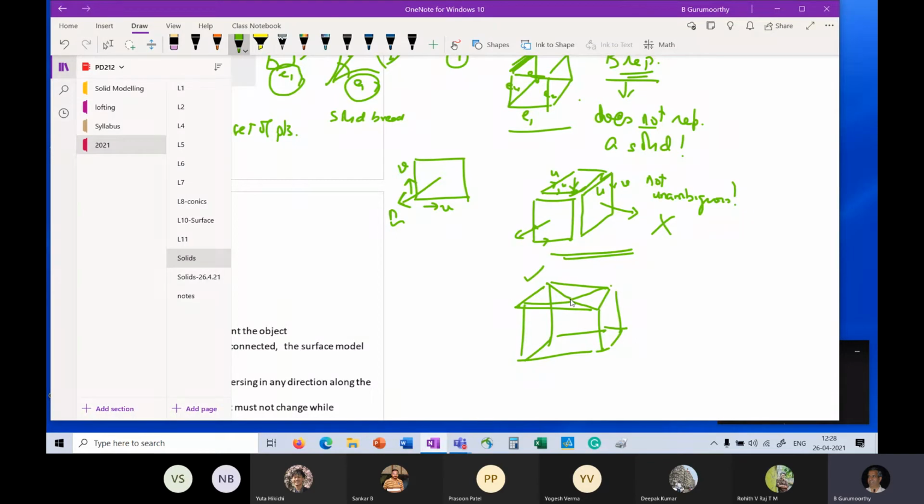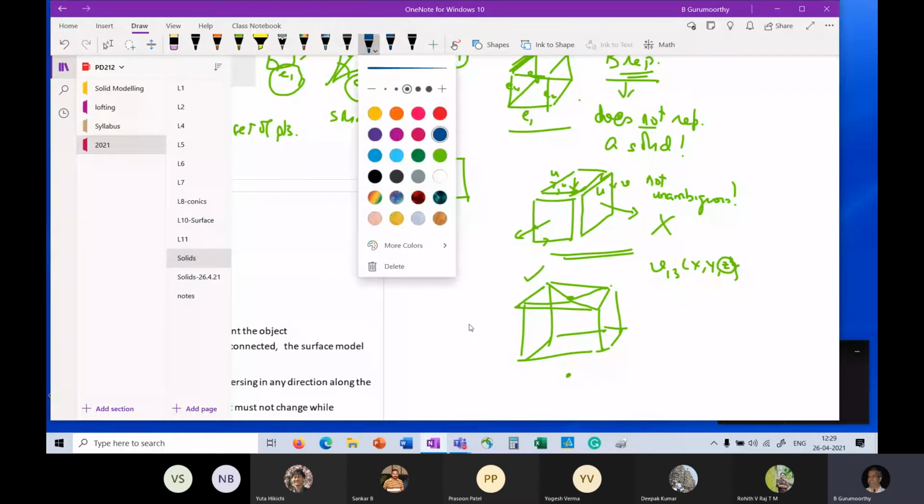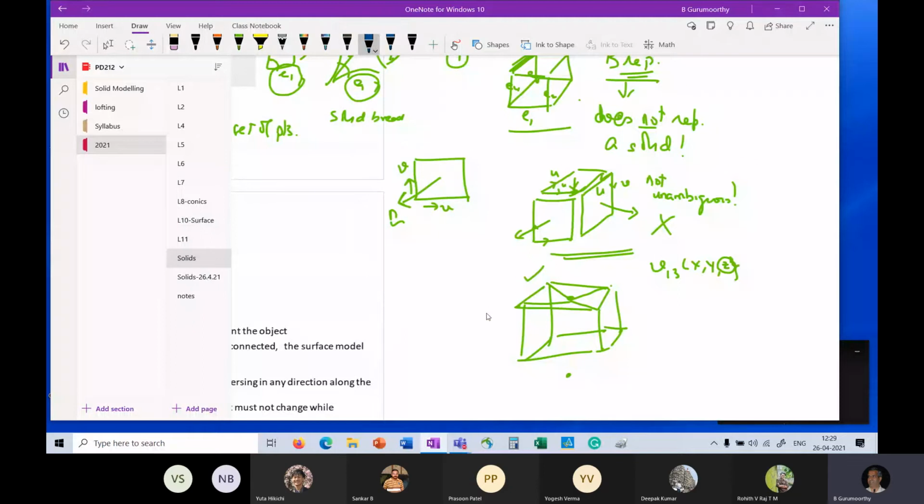But supposing, let's say this is vertex V13. You have some X, Y, and Z, but you make a mistake in the Z and the vertex ends up here. Okay. So what happens then?